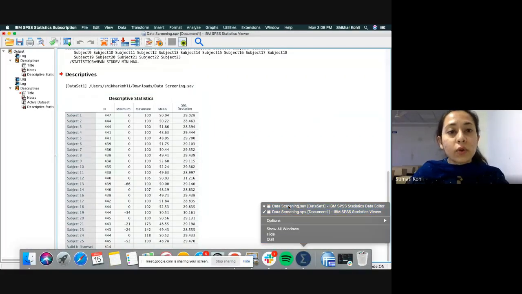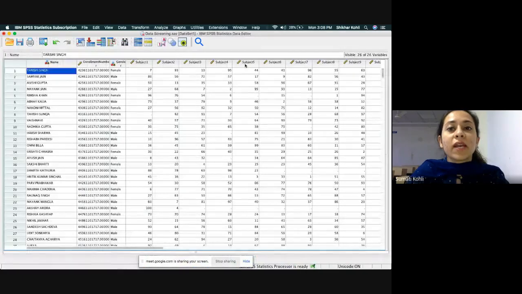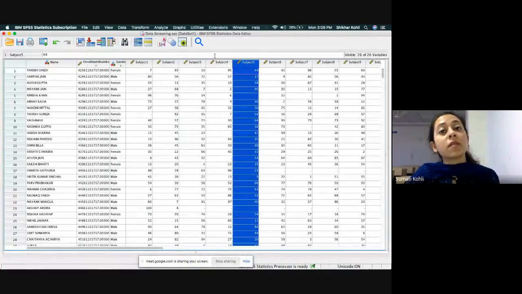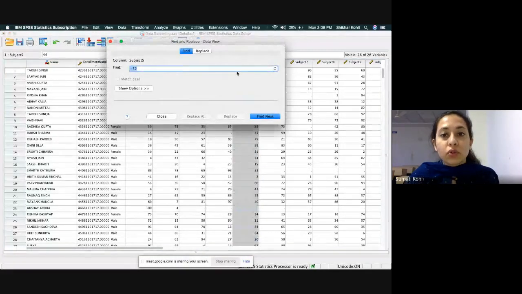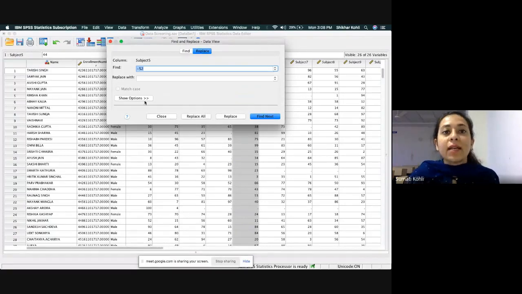Going forward, what we had done was we had selected individual subjects. In whichever subject we had this wrong data, we used find and replace, we were trying to find where the wrong values were, and then replace them with a blank. Typically in SPSS, rather than a blank, you have a cell with a dot, which is as good as a blank cell itself. It means the same thing, right?